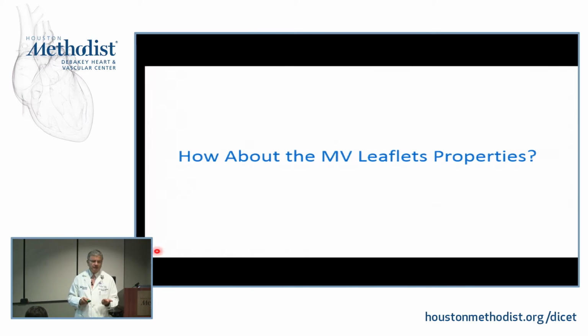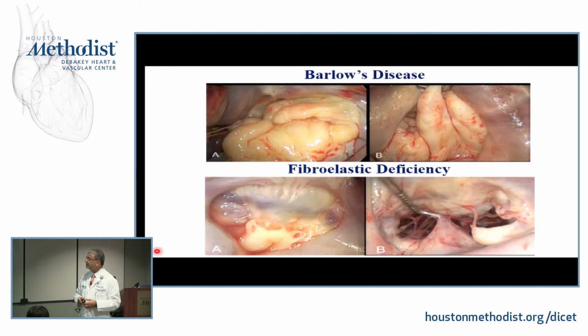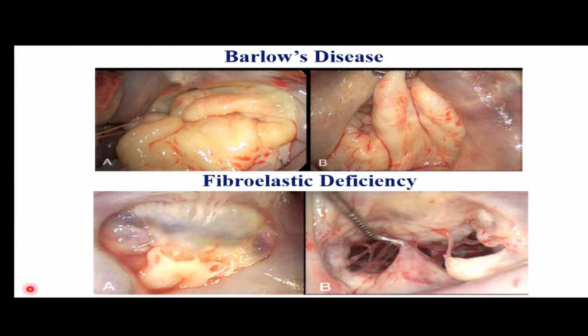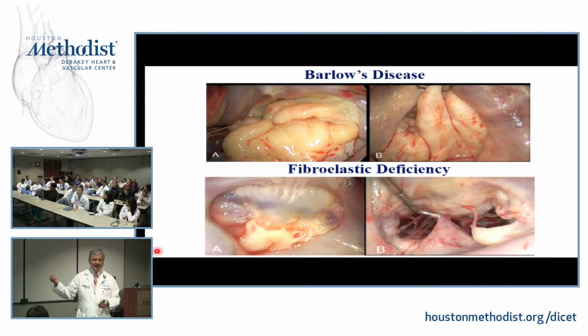How about the leaflets? We haven't talked about the leaflets, and I know all of our eyes usually are on the leaflets themselves. And the leaflets are amazing because you can take a look at the structure. We have an expert, actually, Jane Grande Allen. I know some of her postdocs are here, some of her students. I don't know if they came or made it. Here you go. And she is really a renowned expert on the mitral valve characteristics, tissue.